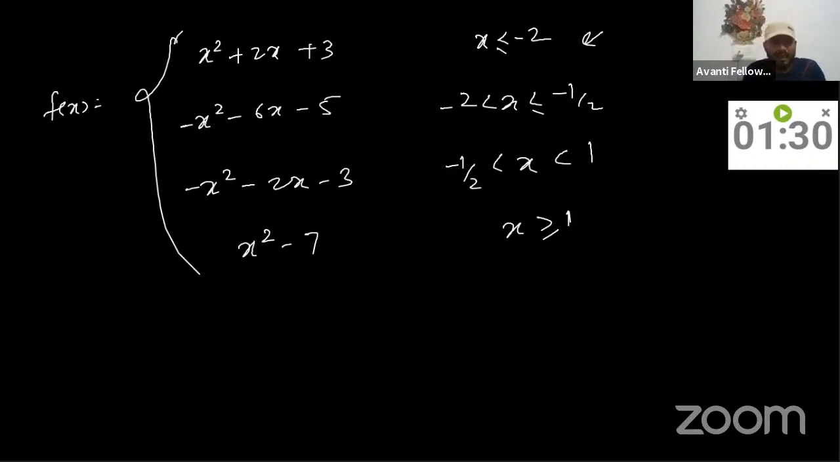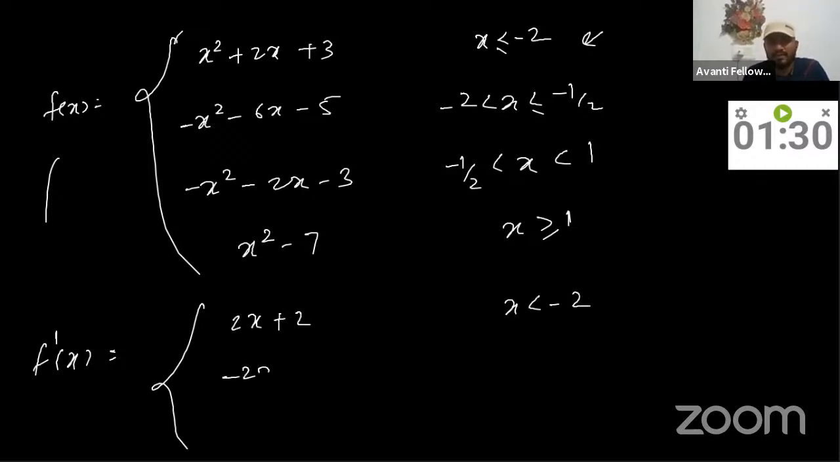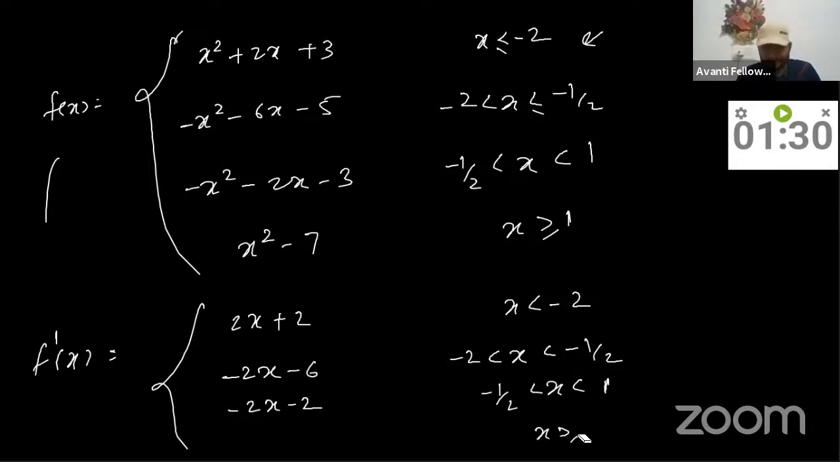Okay. Now we have to find f dash x. The derivative of this function will be what? 2x plus 2 when your x is less than -2, minus 2x minus 6 when your x is less than -1/2 and greater than -2, and minus 2x minus 2 when your x lies between -1/2 and 1. When your x is greater than 1, it should become 2x. Now we have to take the differentiability at where the function changes its definition, which means